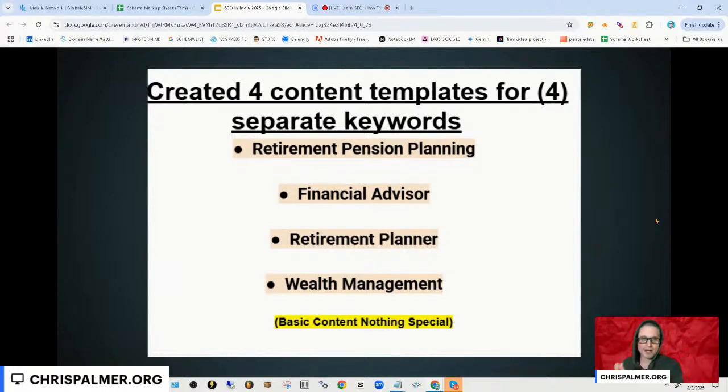So if you take a look at retirement pension planning and retirement planner, what we quickly found out is that all of the terms that had to do with retirement pension planning didn't even show up. None of them, maybe 5 of them, I believe, right? So anything that was competing with itself from the door that was obviously duplicated content from the initial, right? Because retirement planner, retirement pension planner is basically the same exact content, geo-modified. It didn't even show us any love. So what did we learn from this test?